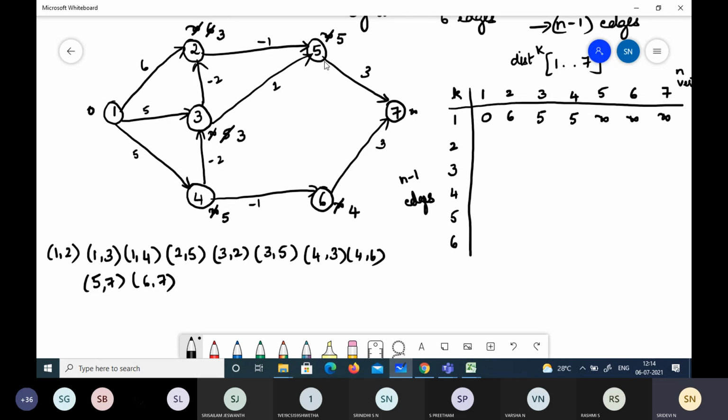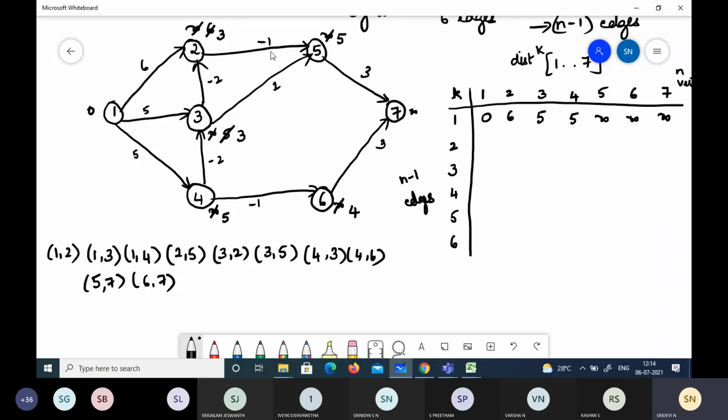What happens actually here is the only nodes which are reachable till 2 with 2 edges will be up to 5 and 6 only. 7 you can reach only with 3 edges. So what happens? It will retain the value for 5 to 7. It will retain the value infinity itself because it is not reachable. And 6 to 7 is also not reachable because our k value is right now only 2. With 2 edges we are checking.